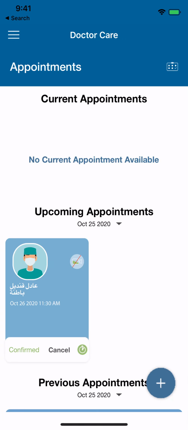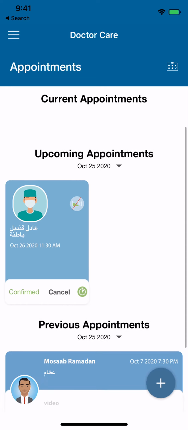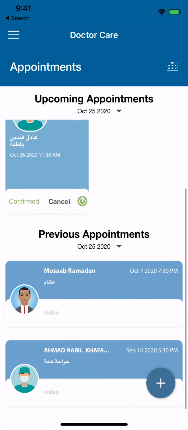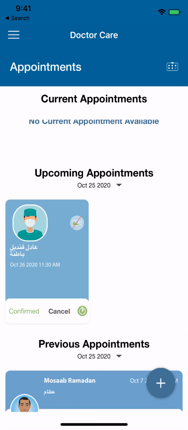Okay, so as we created the appointment, you can notice that this appointment is coming in my upcoming appointments at the very top. It's not available right now, meaning the cross on the camera means this appointment will be activated 5 minutes before your appointment.